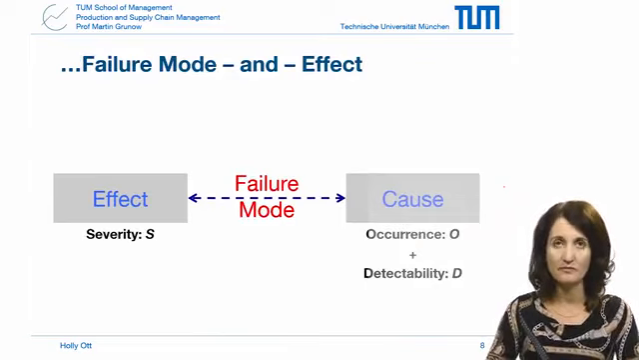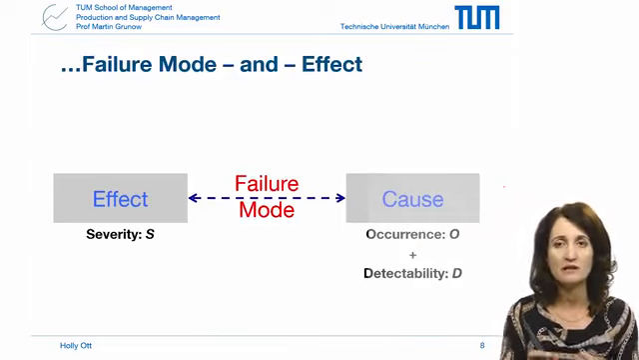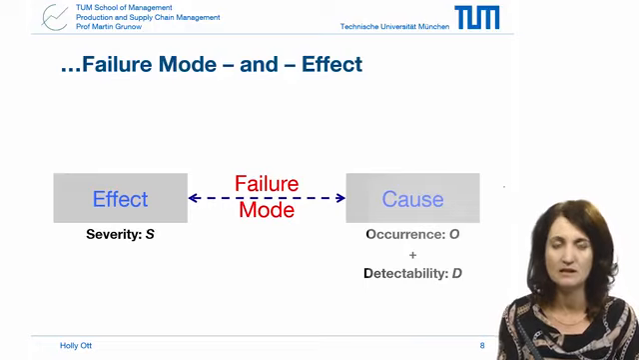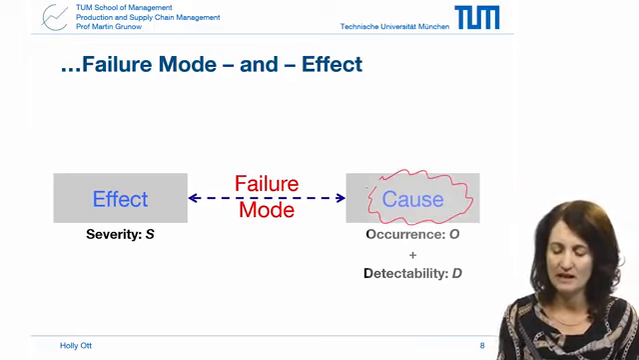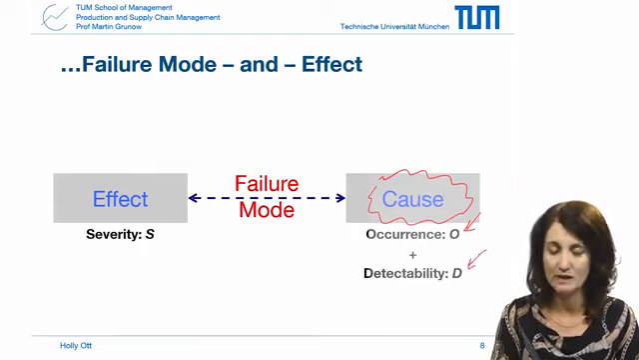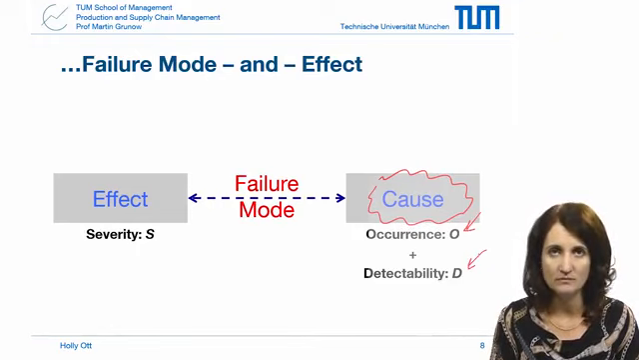So how does this work? Well, you've got something in your process that is causing or could cause an unwanted result. So we've got this cause, and it has an occurrence which we will rate as O, and a detectability which we will rate as D. So this cause then